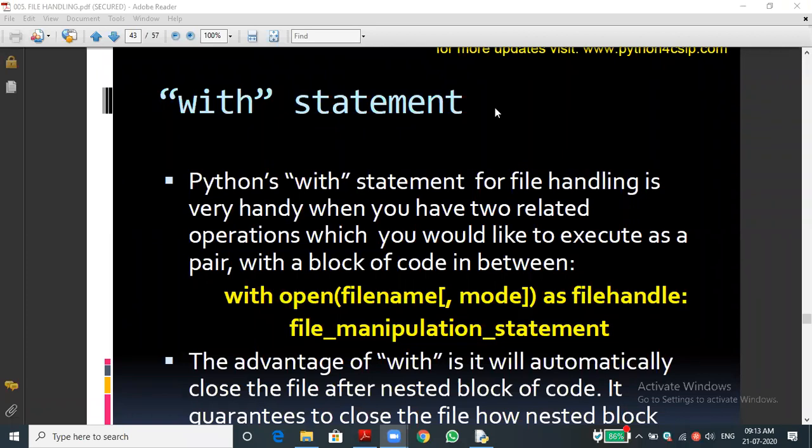Okay. So with that, we are opening the file. Then afterwards, we are writing. For example, if I open the file in write mode, by using input we are getting the value that is stored in a variable. Afterwards, we are writing the variable, that is a value, into the file. How to write?